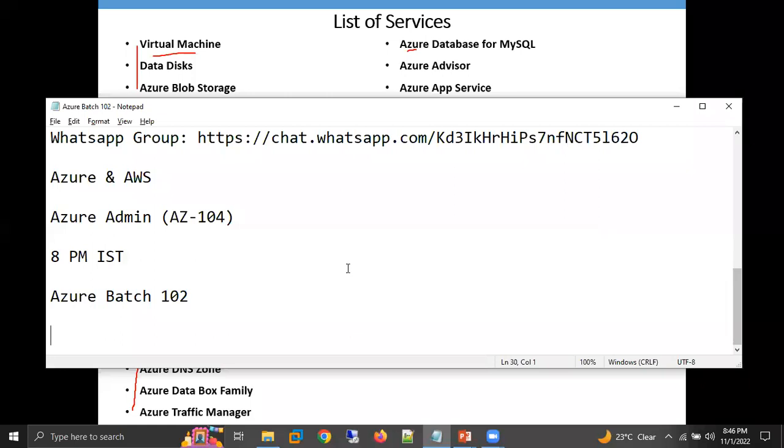Now, I'll tell you one thing: the future in the IT industry is cloud. Everything is moving to cloud. No on-premises will be left in the future. The reason is that every day we are getting something new in the market, so if you are using on-premises, you also have to upgrade your servers, and to upgrade your servers you have to invest a huge amount of money. That is the main reason clients are switching to cloud. They save a lot of money. They don't need to invest anything to work on a cloud platform.